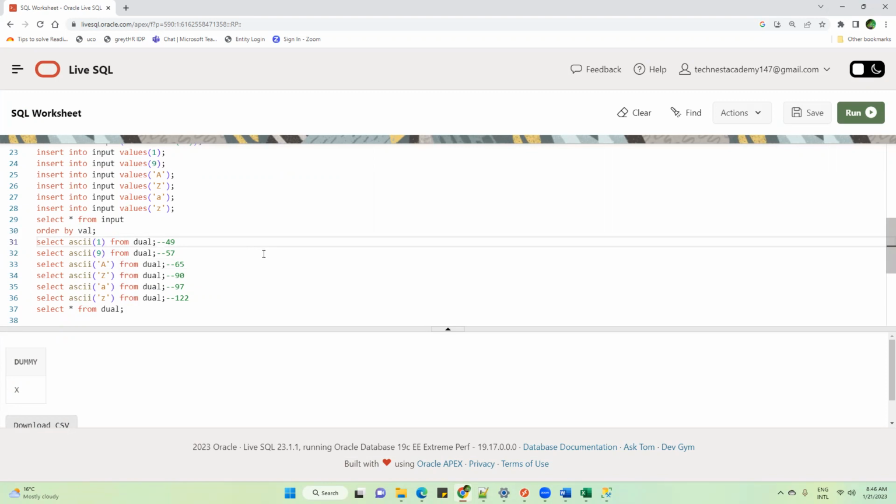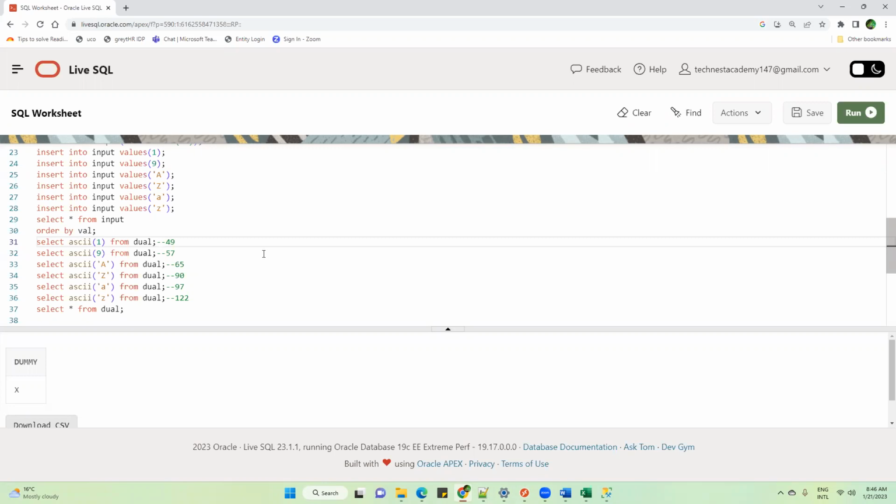Tanvir, I have a question here. Yes. As I said, ASCII is for A to Z, and we have it for the numbers only, 0 to 9 or 1 to 9, or else 10, 11, 12? Everything. You put any values, it will give you the ASCII value for that.